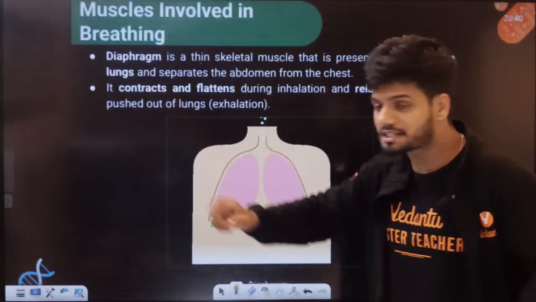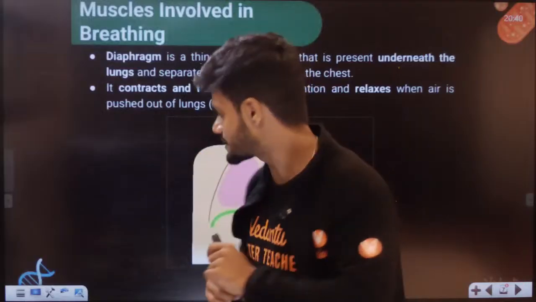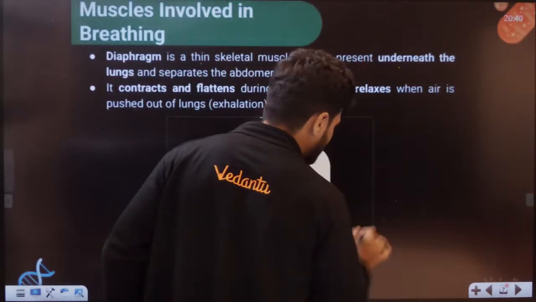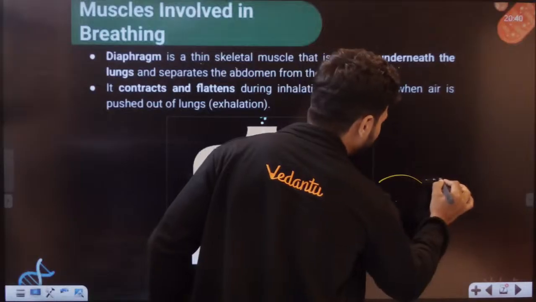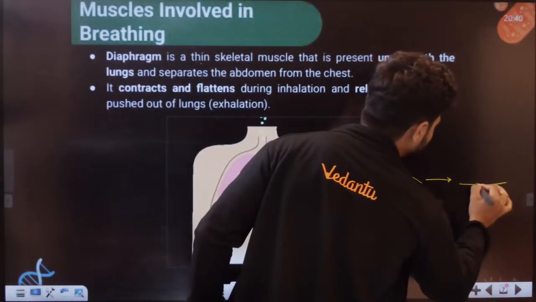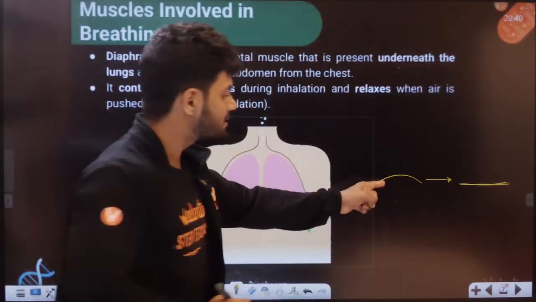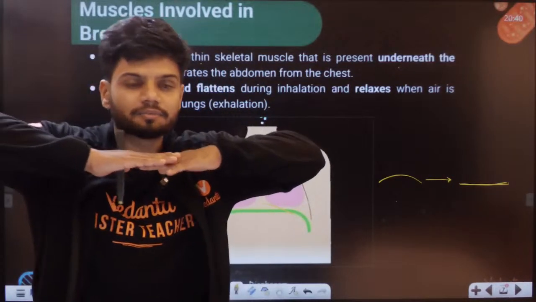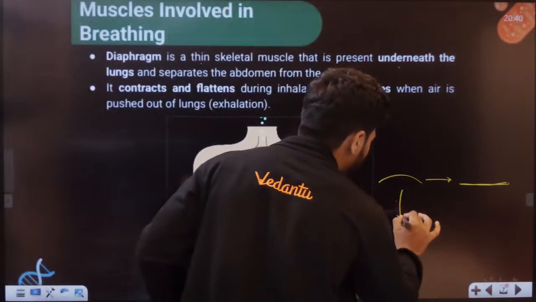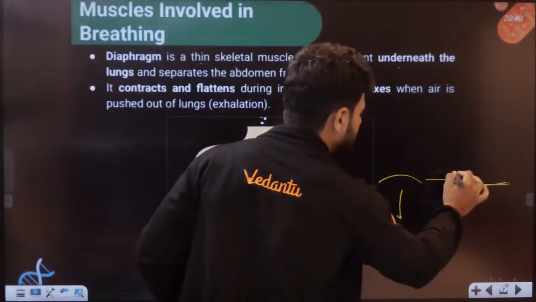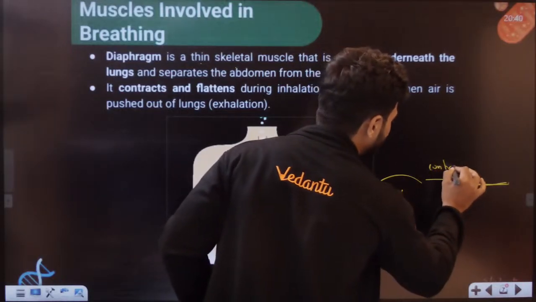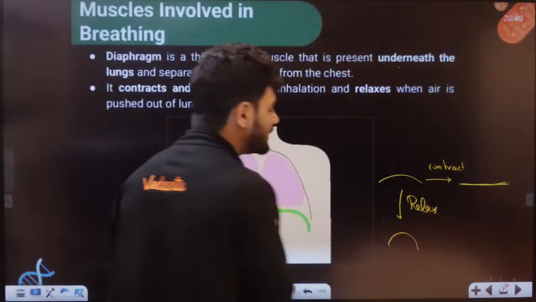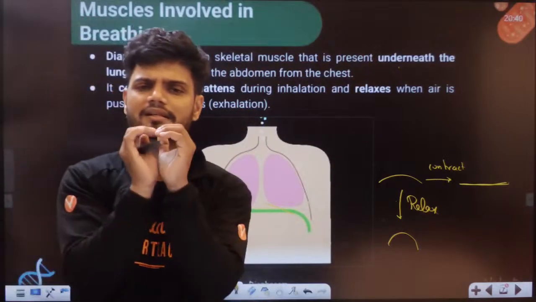It contracts. मतलब, it will contract like this. If this is the diaphragm, students, let's say this is the diaphragm right now, this diaphragm can contract like this. It can become straight. This curved diaphragm can contract like this, straight बन जाएगा, contract. Or it can also relax. So it can contract, or it can relax. When it relaxes, it becomes round बन जाएगा.